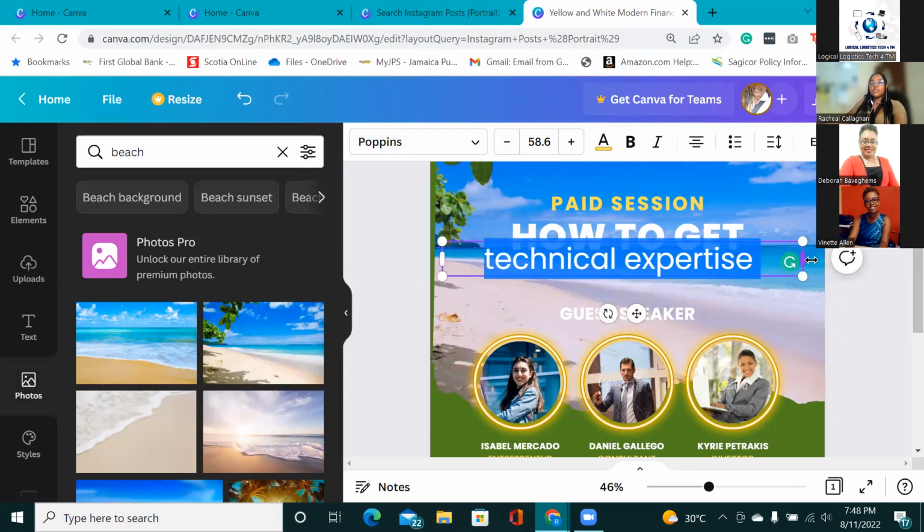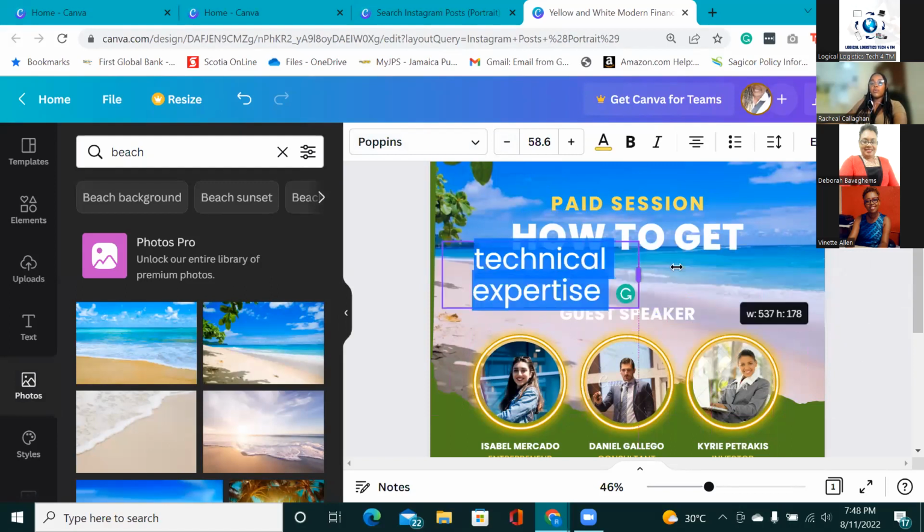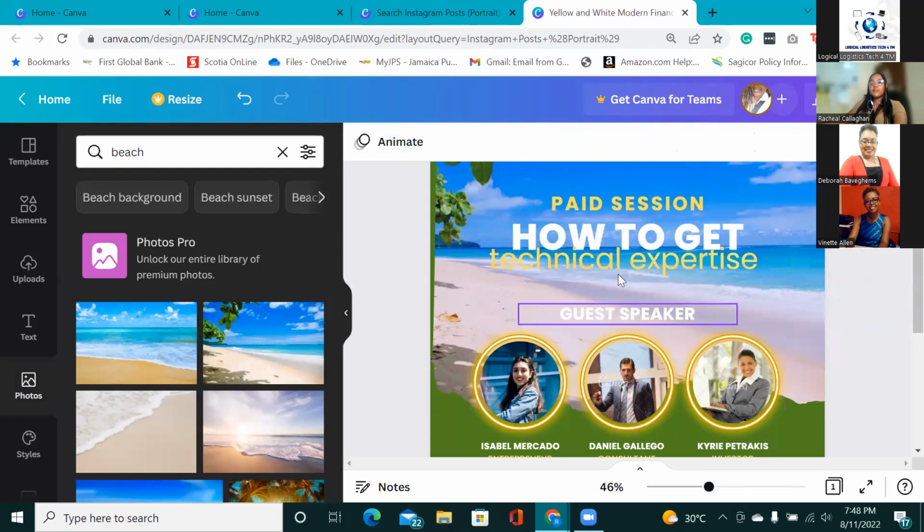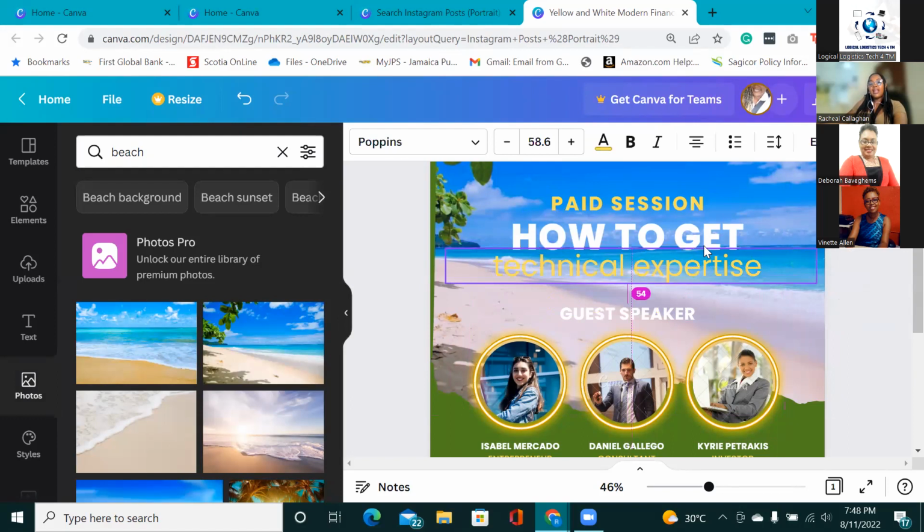If you notice the element is in purple, it means that I can play around with it as much as I want. I can manipulate it. So I've decided I'm going to stretch it out a little bit and see if we can get some balance there. But the problem that we're having right now is the background, which means that maybe we need